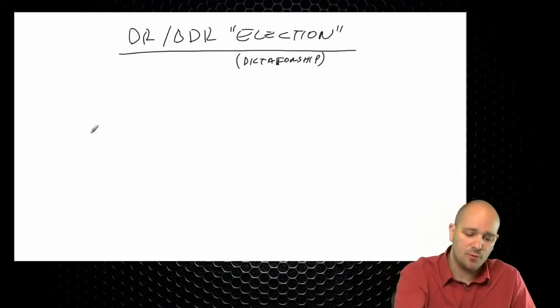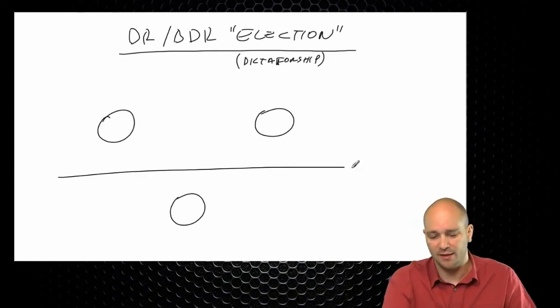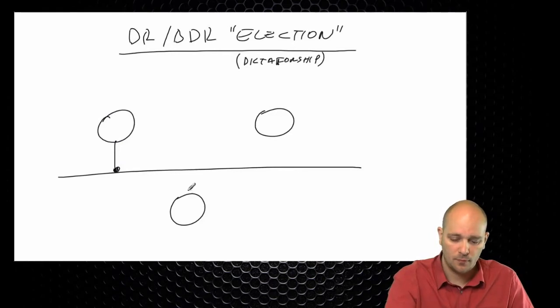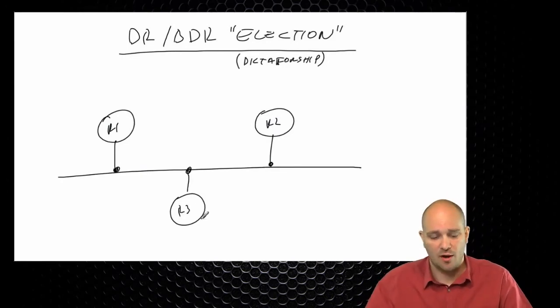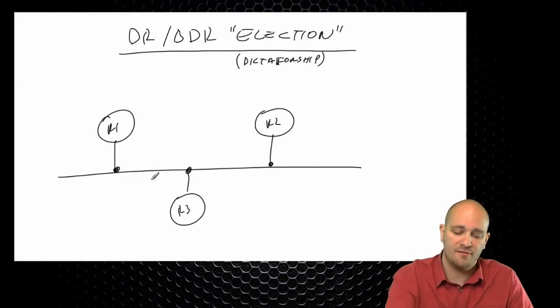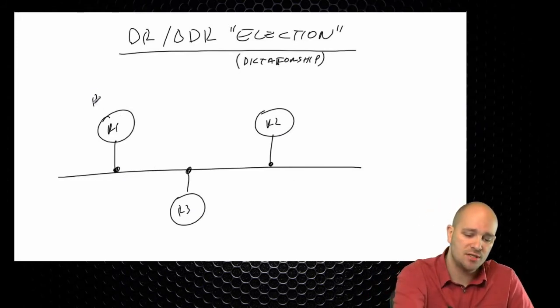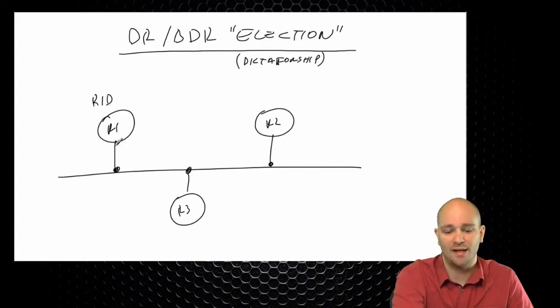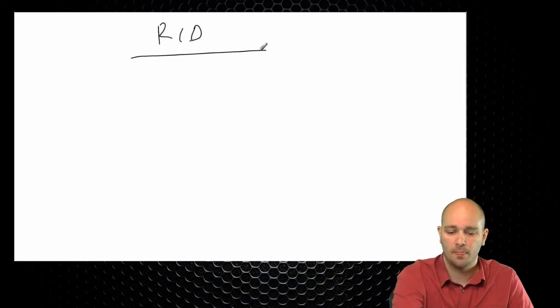Now, let's say that we have several routers that are actually connected to the network, and we need to elect the designated router. Now, in OSPF, all routers are identified to other routers using something that is called the router ID. Now, quick digression here, router ID